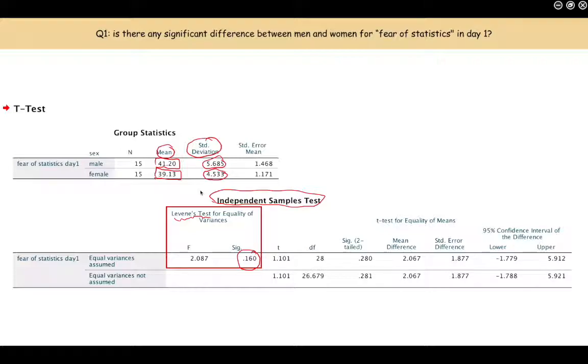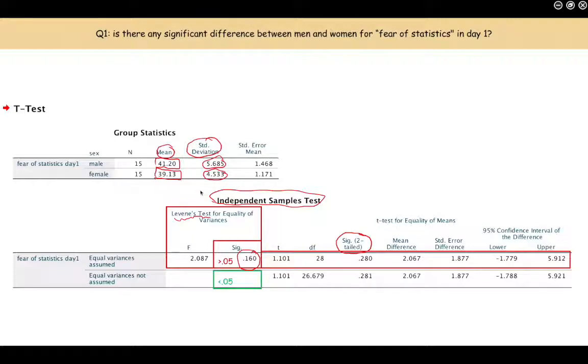We use it only to find out which line to read for the significance two-tailed, the first line or the second line. If Levene's test is more than 0.05, we read the first line. If Levene's test is less than 0.05, which is not the case here, we read the second line. Because we have 0.16, which is greater than 0.05, we are going to report 0.28 as the p-value